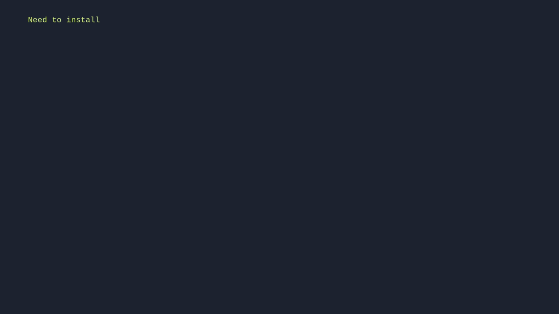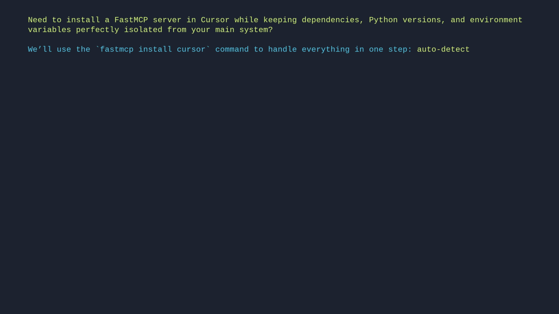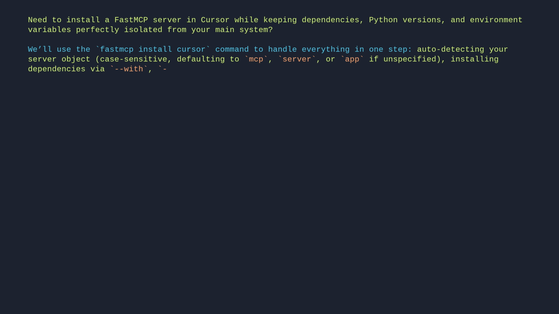Need to install a FastMCP server in Cursor while keeping dependencies, Python versions, and environment variables perfectly isolated from your main system. We'll use the fastmcp install cursor command to handle everything in one step, auto-detecting your server object, case-sensitive, defaulting to mcp, server, or app if unspecified, installing dependencies via --with-requirements or --with-editable, and optionally pinning the